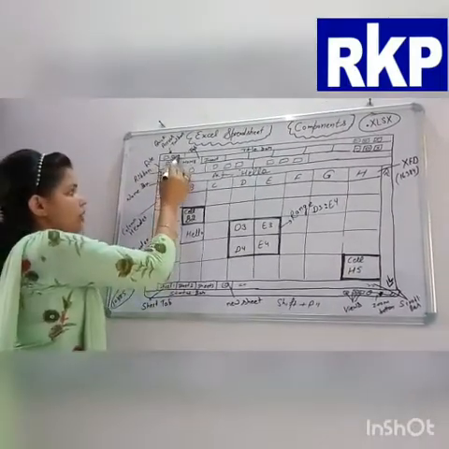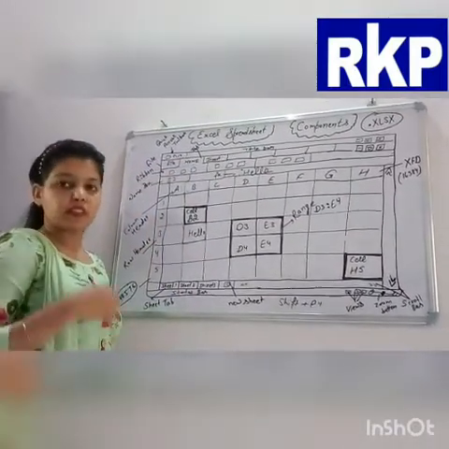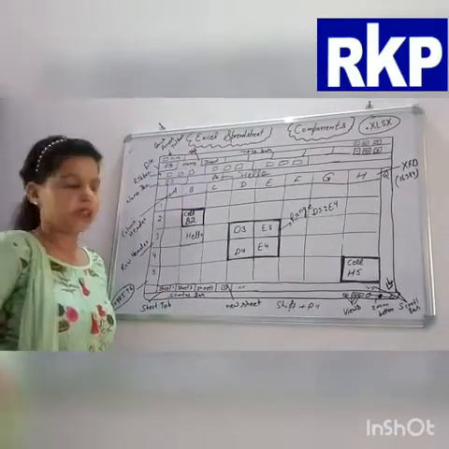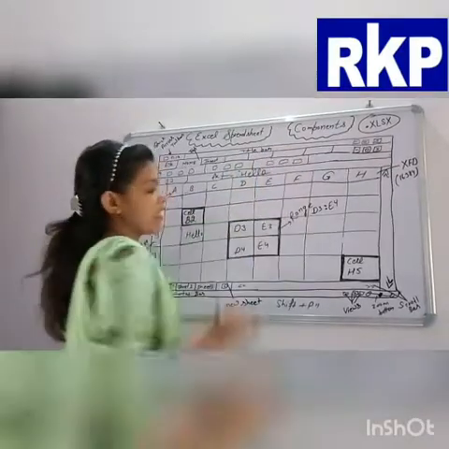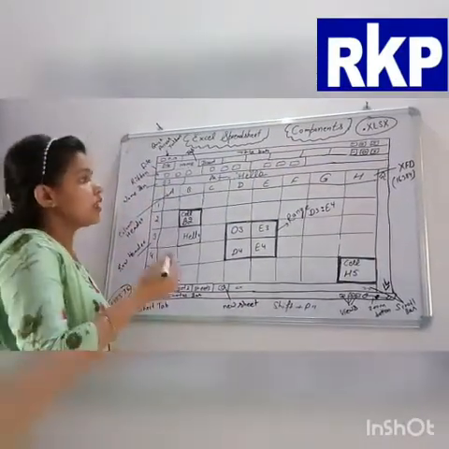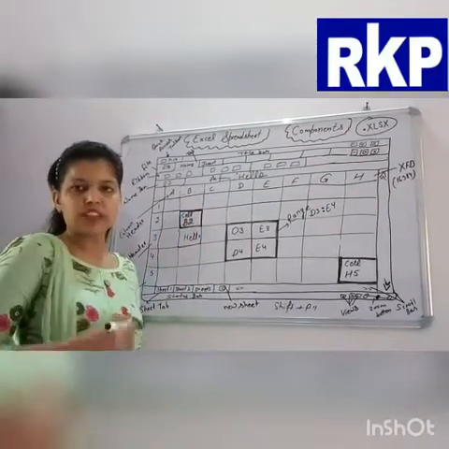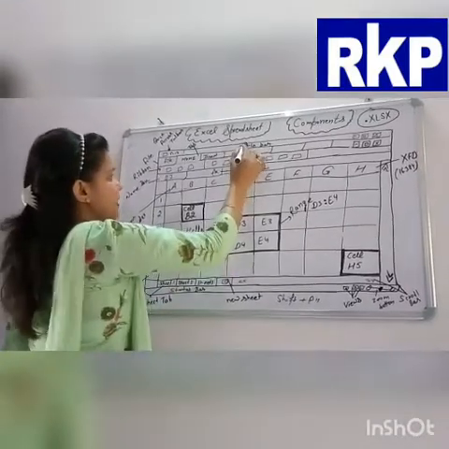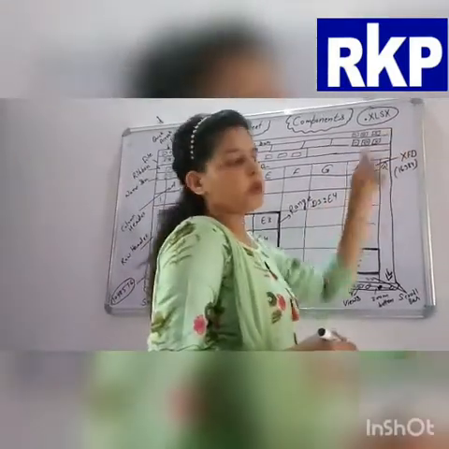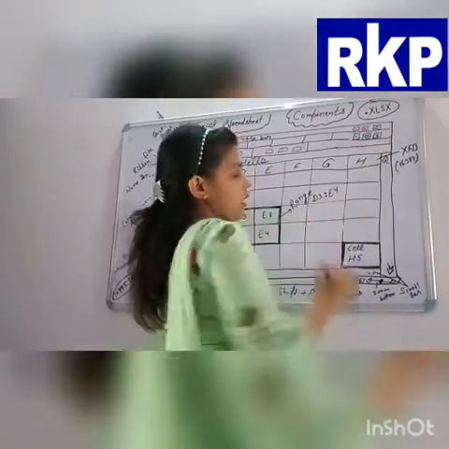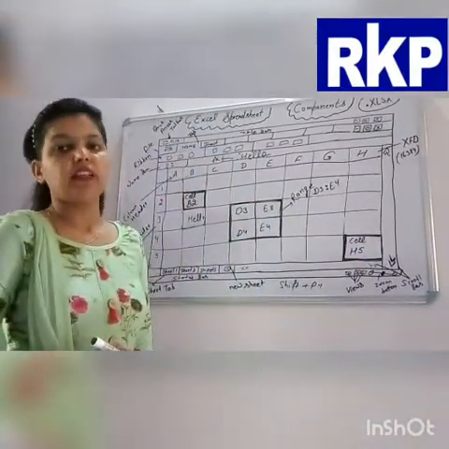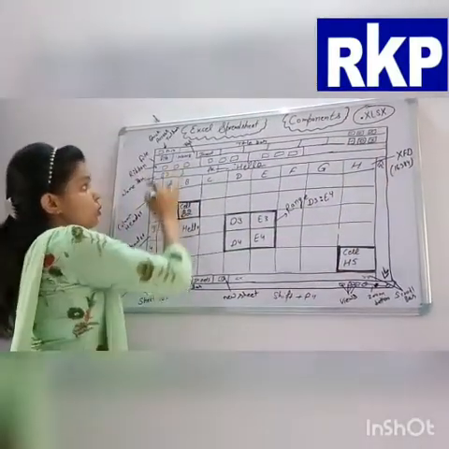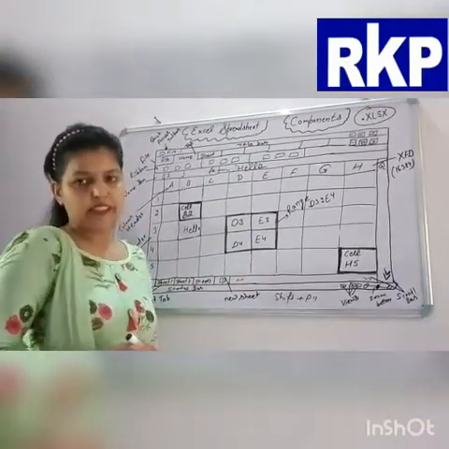These tools are also available in the file menu, but by directly clicking on these tools you can do the task easily and quickly. Here in the title you will get the name of the spreadsheet or the Excel sheet. Whatever name you give, you will get that name here. In the rightmost area, three buttons are here: minimize, maximize and close, which are used to minimize, maximize and close the Excel spreadsheet.